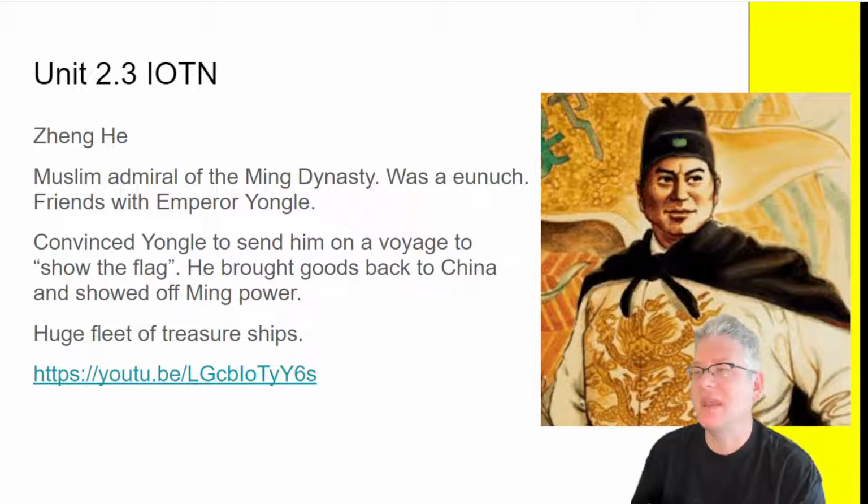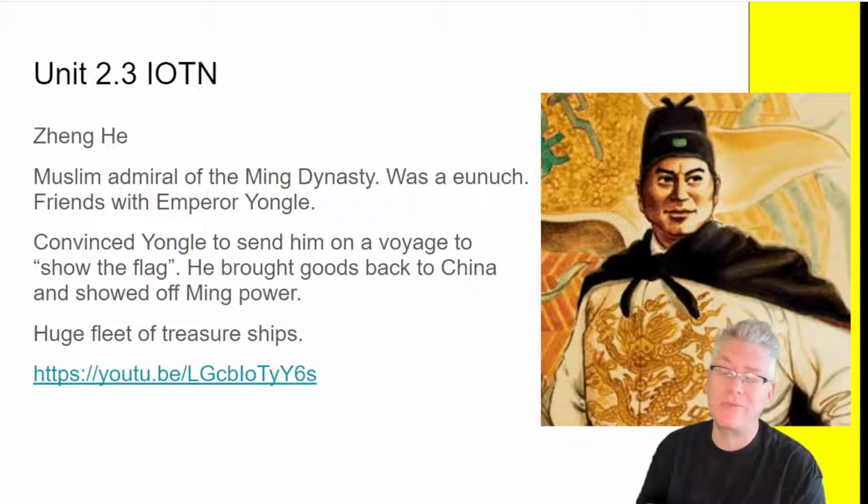So he is an admiral of the Ming Dynasty. Now, he's unusual. He's a Muslim in China, which means that, there were Muslims in China, but it's unusual for him to get this high into the government. He ends up becoming sort of a friend of Emperor Yongle, and one thing about him as well is that